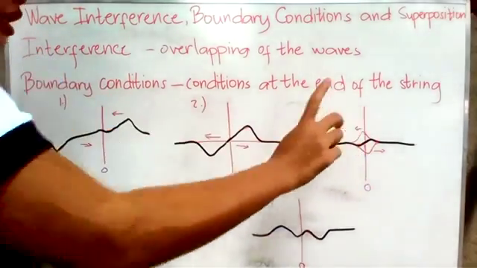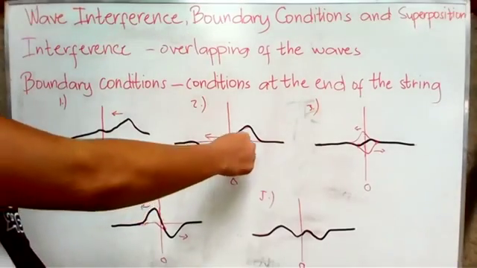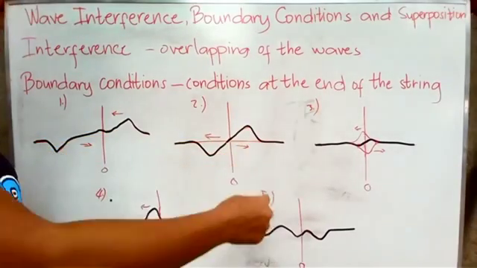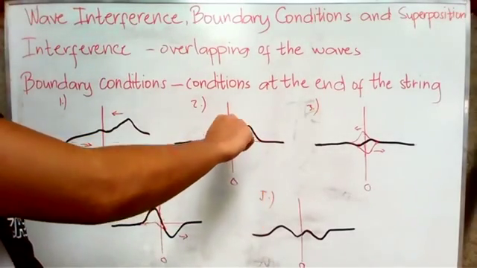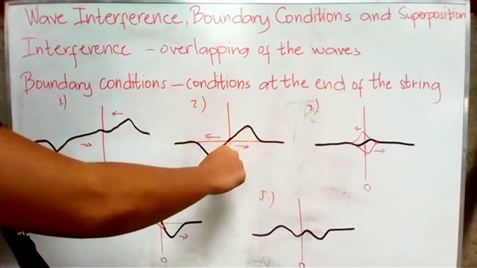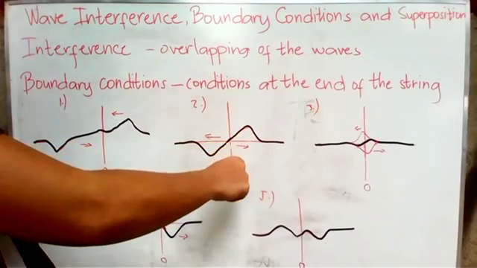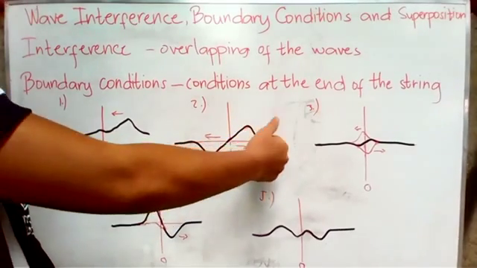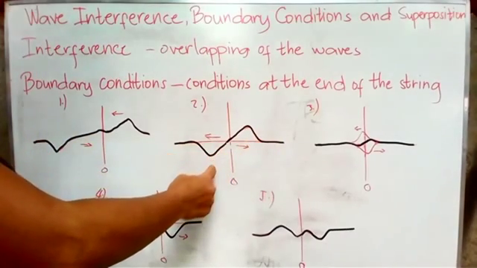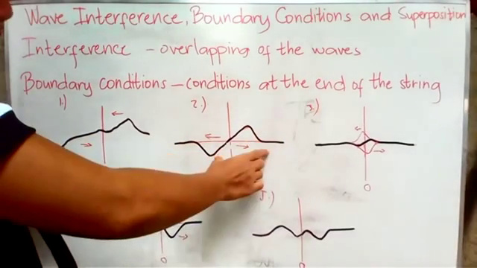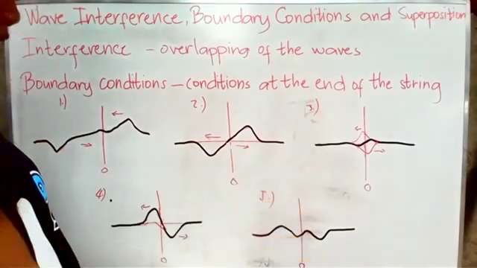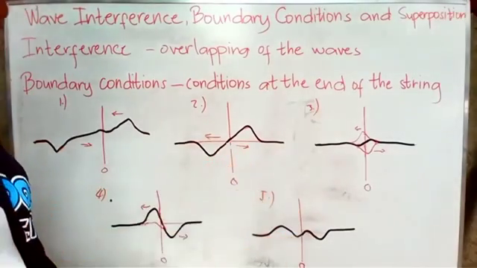Because these two pulses have the same shape, the total displacement at point O is zero at all times. The left of the string would be the same if we cut here at point O and throw away the right side. So this will be the remaining part. Combining these two, the total displacement at O is always zero.